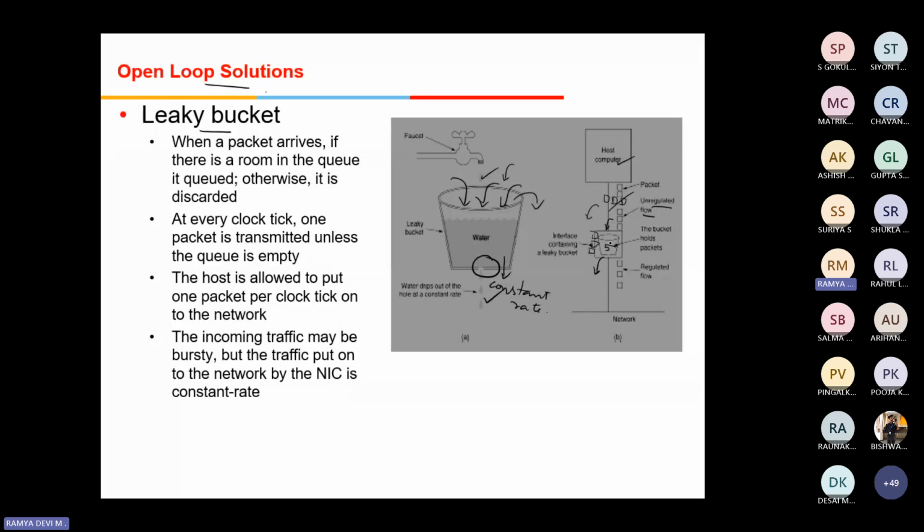Of course, when compared to the previous one, it will be reducing the congestion. So incoming bursty traffic is smoothed here. Why? Because we are restricting the outward flow. So consistent traffic will be there. One packet per clock tick will be sent out of the buffer. Of course, overflow will happen, and this will trigger retransmission. Sometimes the network congestion will build again, but not exponentially. The congestion will be reduced here.